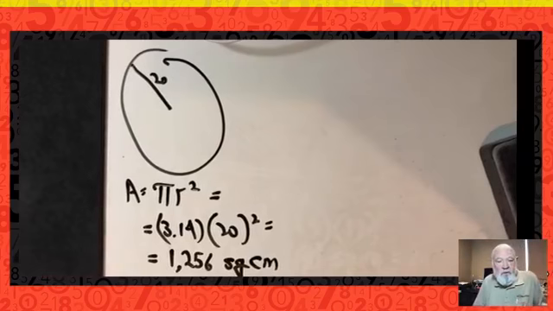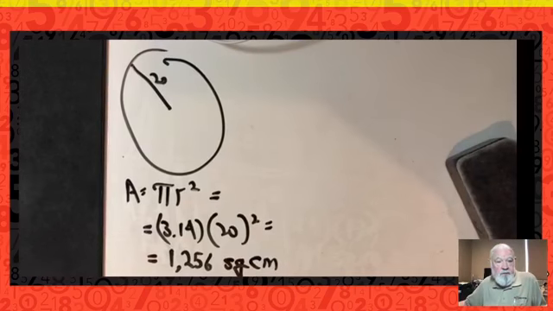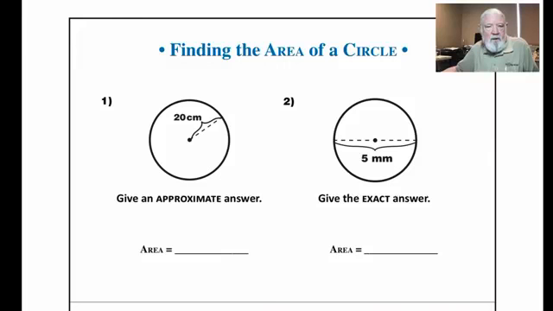Once we deal with this question about whether we want an exact answer or an approximate answer to pi, utilizing the formula is not too difficult. It's a bit more arithmetic than we've been used to, but it all works out. How about the second question now? Let me bring you back to that point. Okay, this time we don't have a radius, we're given a diameter. The formula requires a radius. So we noted earlier that a radius is half of a diameter. So the radius of this circle is 2.5, in this case, millimeters. Again, let me get a picture of this going for us.